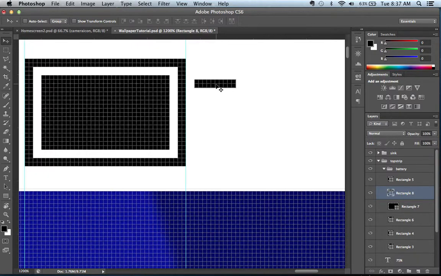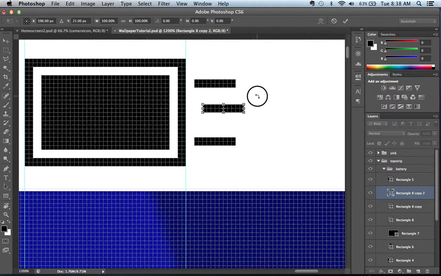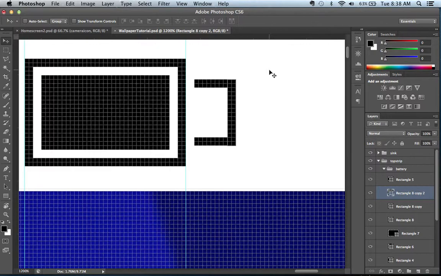And you can even hold down Alt, or Option, while you've got the Move tool selected. You can see my cursor changing to a double arrow. Actually, I can drag that down and create this exact same rectangle. Again, if I hold down Alt Option, click and drag, Command T to rotate it, position it correctly,